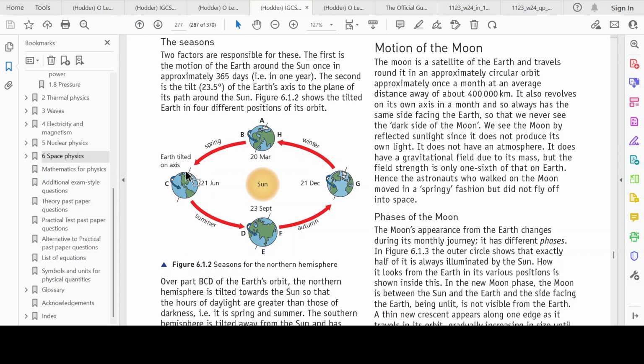Also, the earth is tilted. So we draw it as if it's straight, but no, it's tilted, so to speak. Have you seen a globe? If you've seen a good globe, the model of the earth isn't straight, it's slightly tilted,